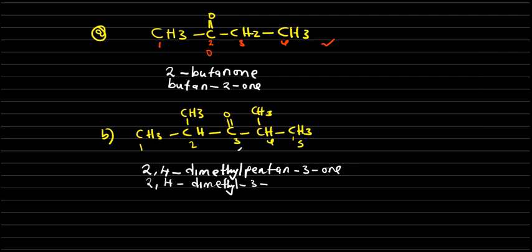So that will be pentane now, just like the normal one. So you choose. I feel like the first one is better than the second one. So you remove that E and you put one, so that will be pentanone. Okay, that is it. That's how you can name the aliphatic